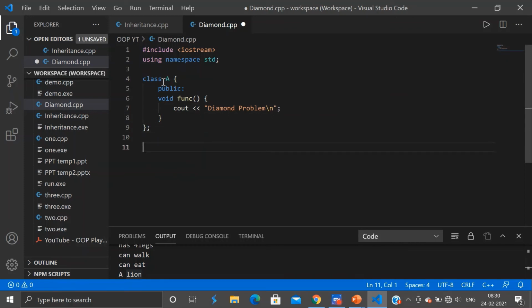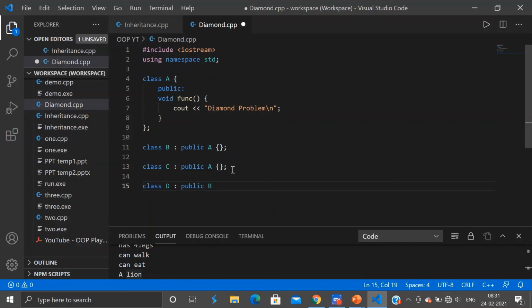So we can create two child classes for this parent class A. To do that, we will declare our child class followed by a colon, which will be followed by the name of our parent class, which is A. Then we can have another child class, which will be C. And then we will have a class D, which will inherit from both class B and class C. To inherit from two classes, we simply separate them by a comma.